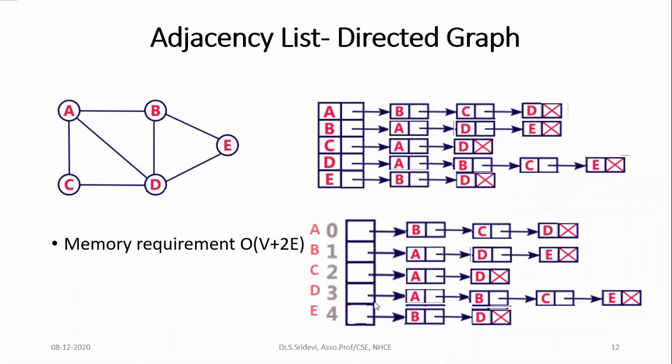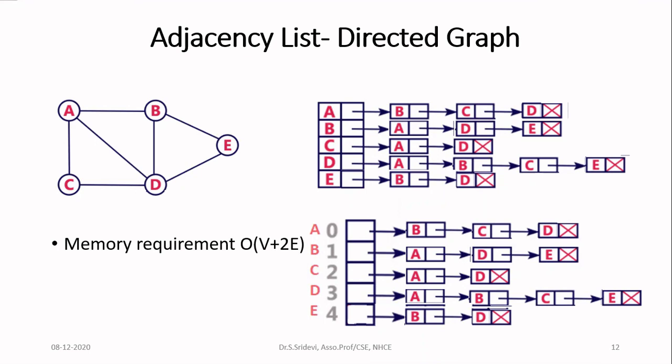Okay, and here this is for every node in your graph. So it is order of V. Then if you have one edge, the information about the edge will be represented in two places. So don't write V plus E, it will be now V plus 2E. This is the difference between directed graph and undirected graph in case of adjacency list.